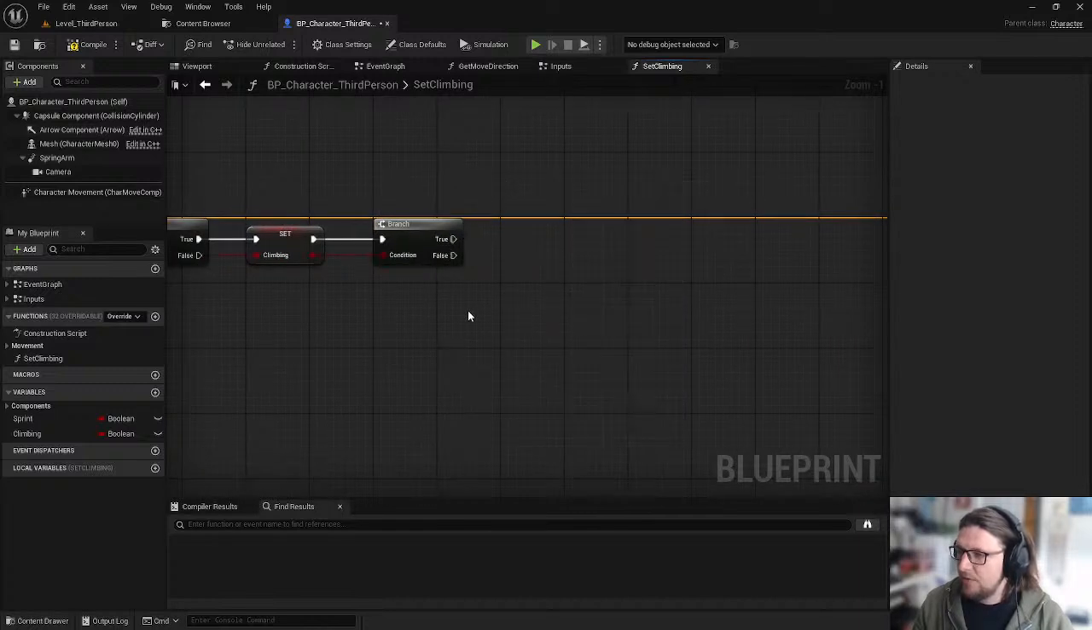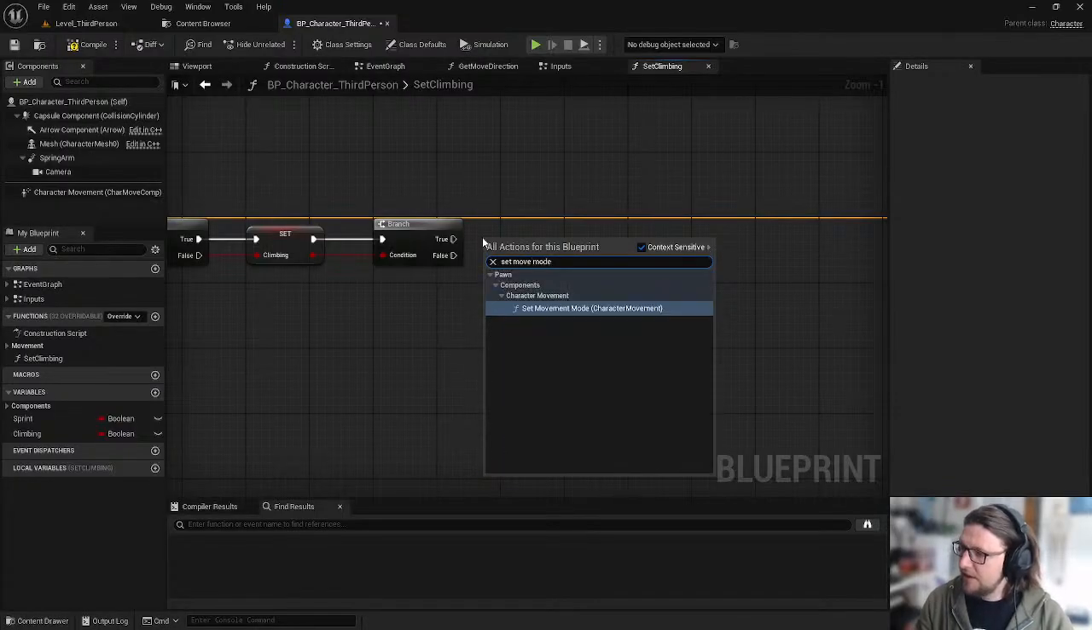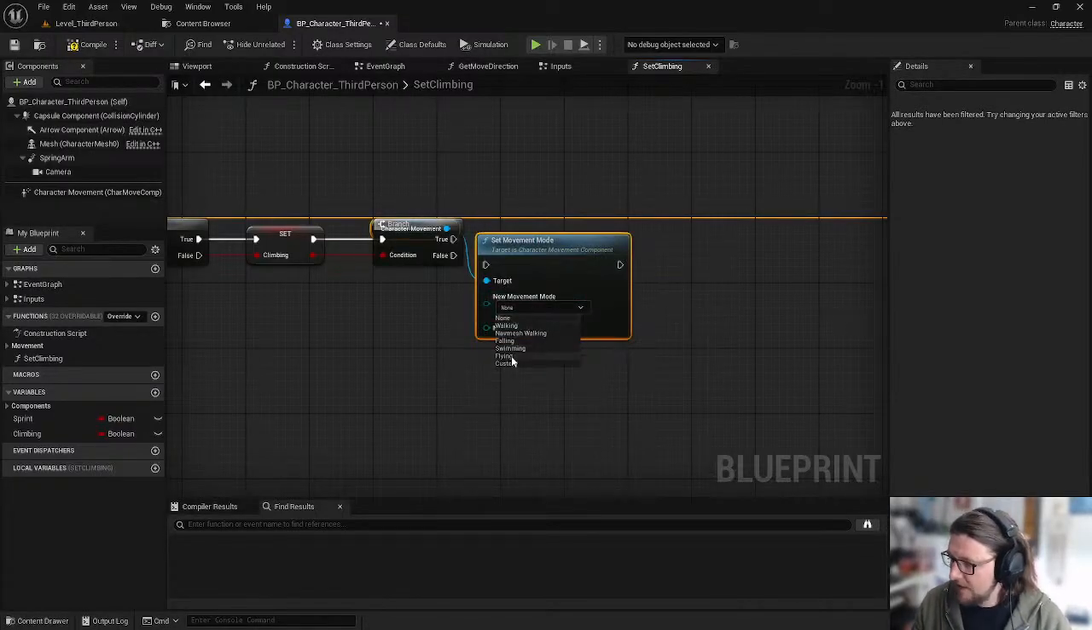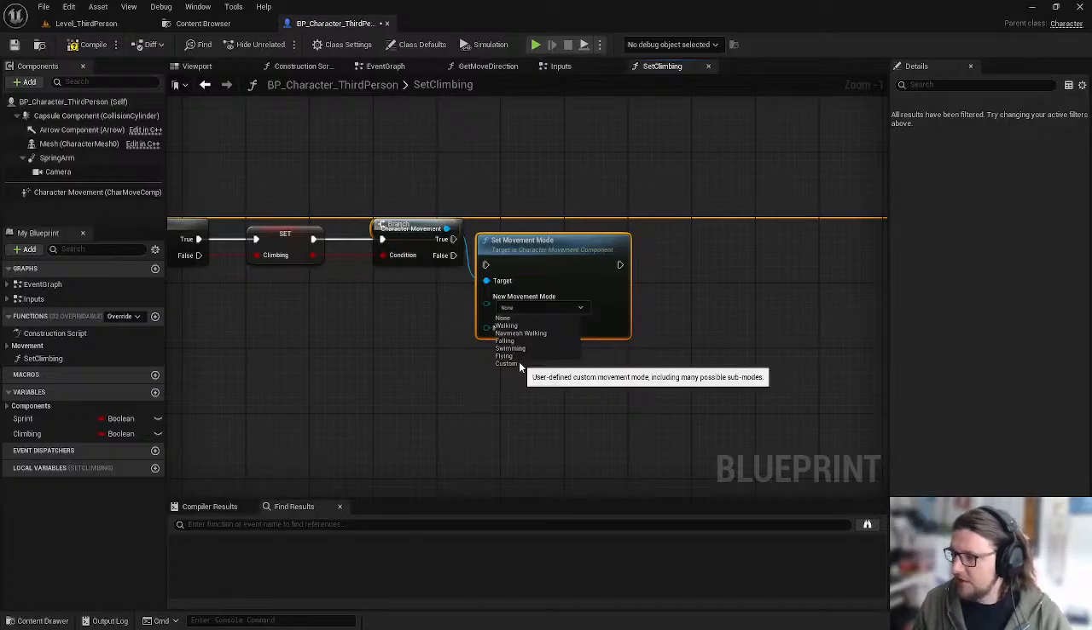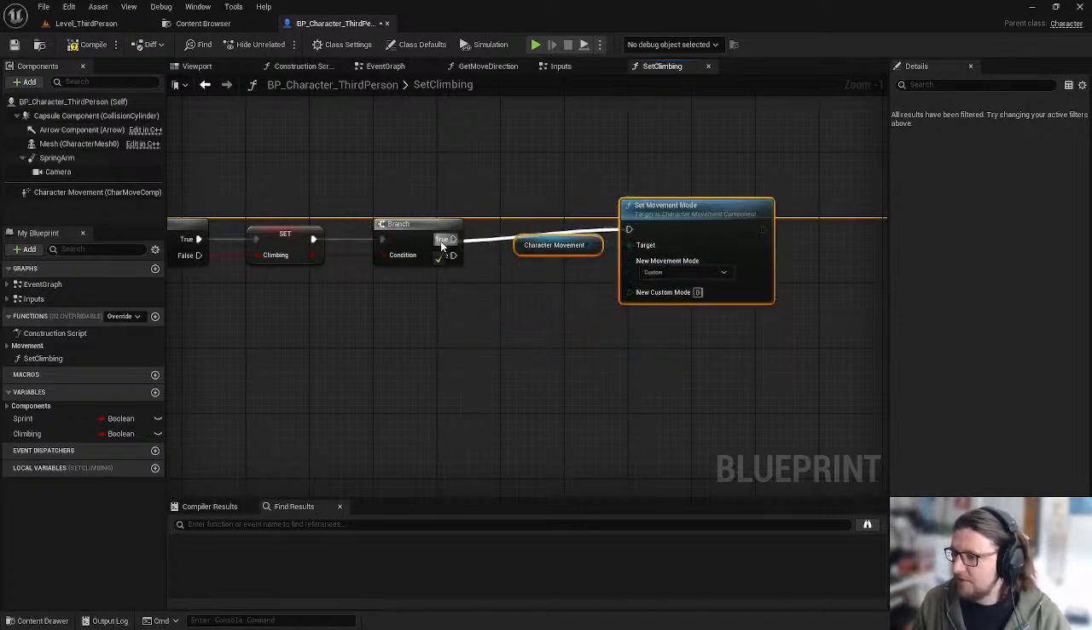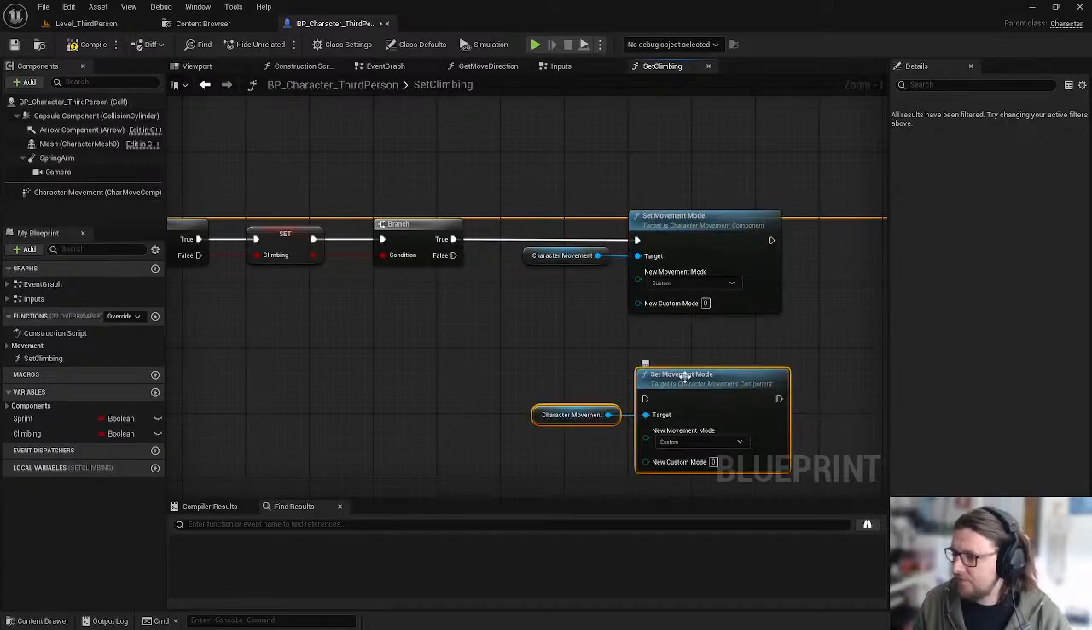So when it's true, we know we want to disable gravity and maybe set movement mode to something custom. So we could do flying. So it just ignores the effects of gravity, and it affects the current physics volume fluid. I don't know what that means, but flying could be good. Could just go custom. User defined custom movement. Many possible submodes. Means nothing right now, but let's just go for a custom, and then when we stop climbing,